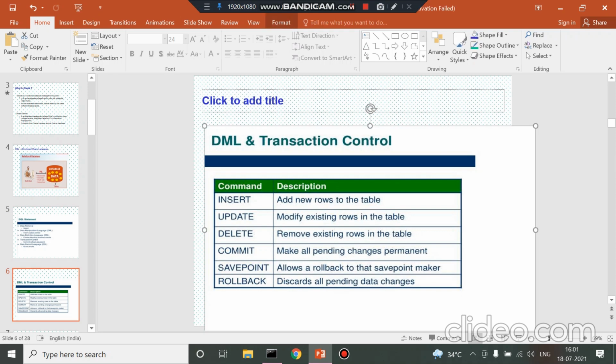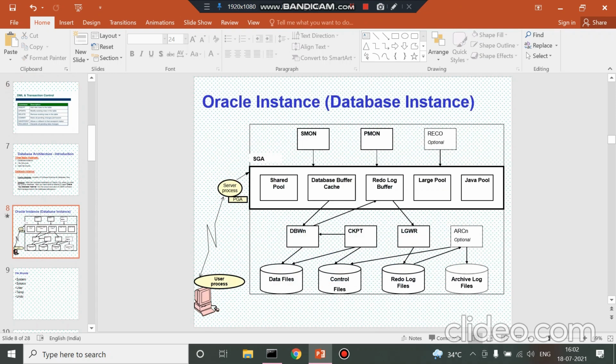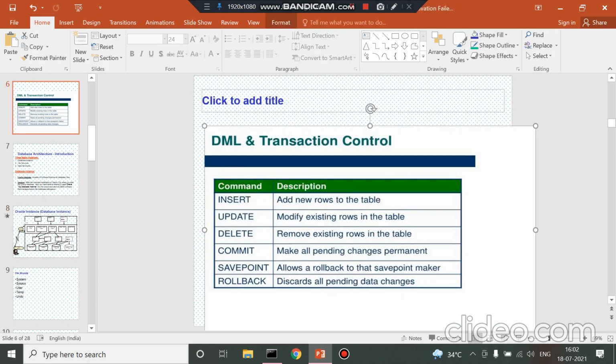The next one is savepoint, means at different levels we create a savepoint, and when we want to go back, we go back to different savepoints in the past we created. The next one is rollback. The rollback statement is to discard all the data changes which we have done and go back to a particular point.